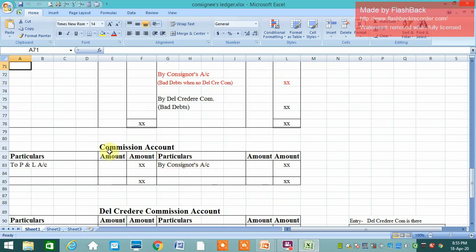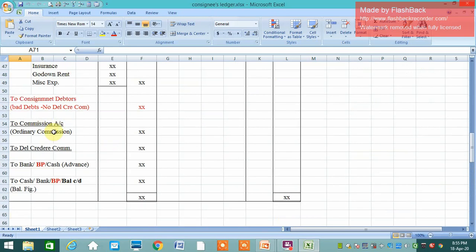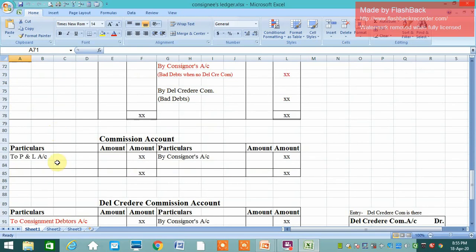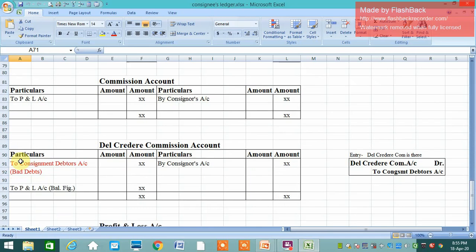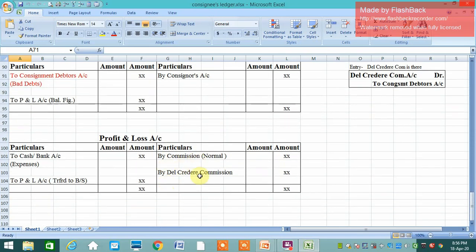This is the second effect of what we have written here. This is on the consignor's account debit side. This is the second effect, and the difference will be transferred to profit and loss account. Then Del Credere Commission, this is again the second effect of the same, and here bad debts are there. So as I have given the example, 20,000 is your Del Credere Commission, 1,000 are the bad debts, 19,000 will be your ultimate income from Del Credere Commission. This is the profit and loss account, the second effect of normal and Del Credere Commission. Expenses, if any, and the balance is transferred ultimately to profit and loss account.